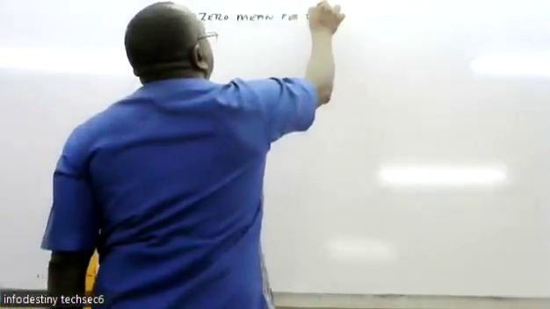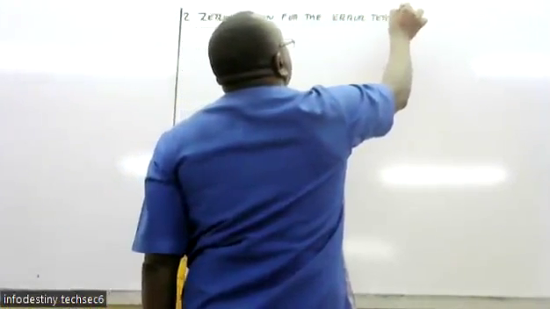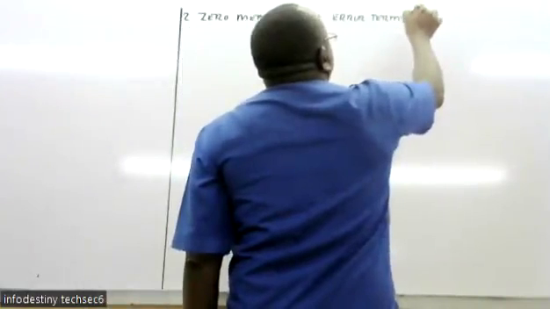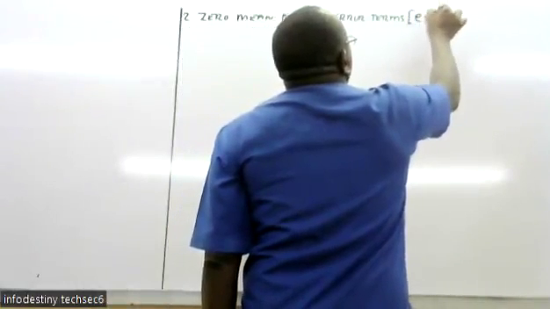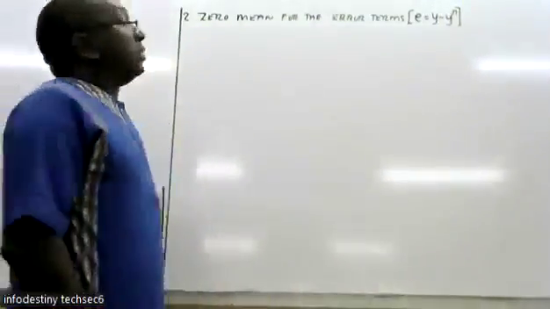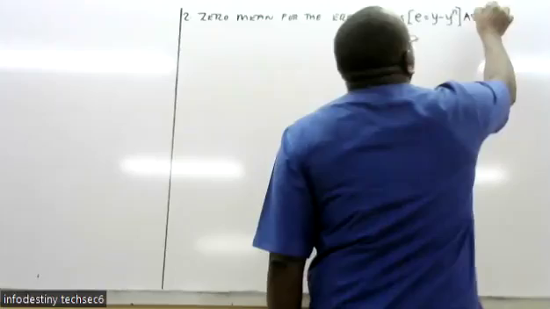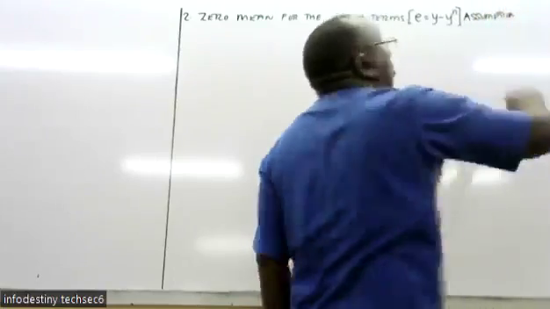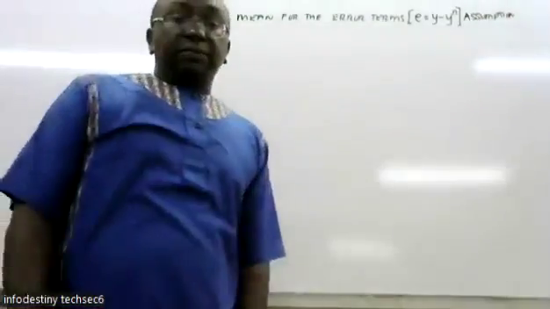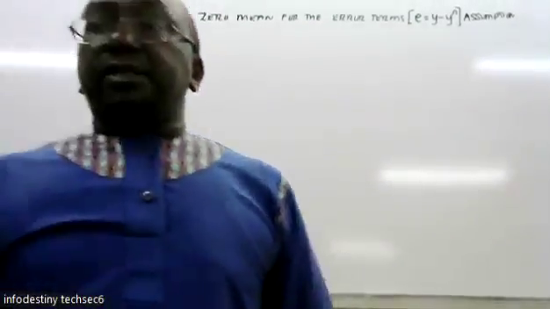for the error terms. Zero mean for the error terms, and the error terms are E, which is equal to y minus y predicted. So the zero mean for the error terms assumption. And we write that this states that